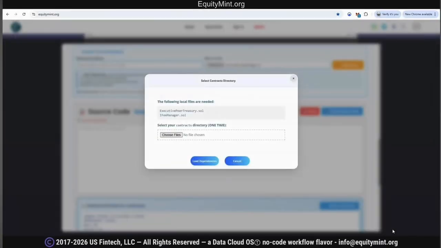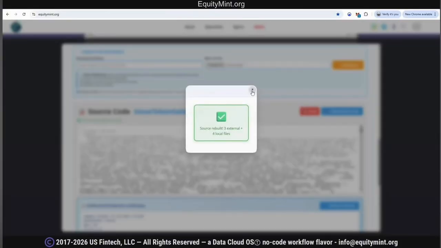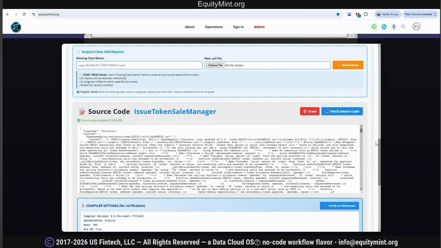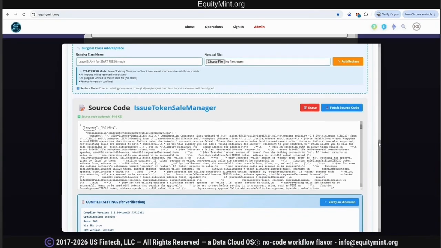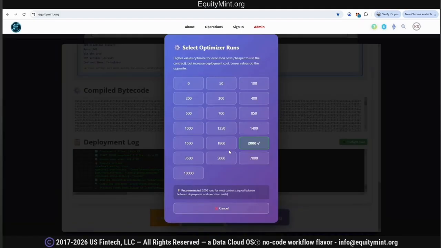Right there from the parent. Okay, and now we fetch the dependencies. Now we're going to go right into the compilation. Issue token sale manager is also a little bit large. We're probably going to get, I don't know what we're going to get out of that. We'll try